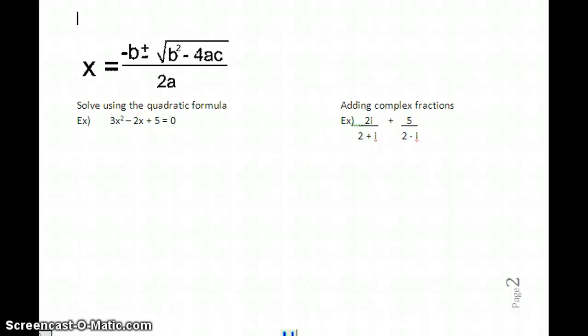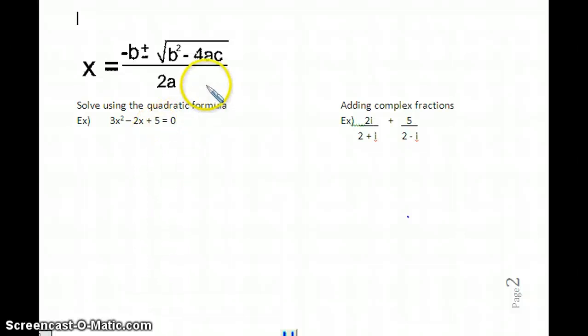Welcome back to the second part of 4.1 notes. We're still talking about complex numbers here, and if we look at the next example that I have for you in your notes, you'll see that we're trying to solve a degree 2 polynomial, and more than likely, because this section is dealing with complex numbers, we're probably not going to be able to factor this, and we're going to